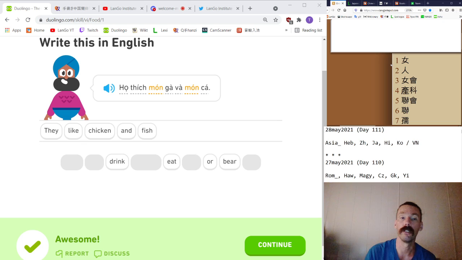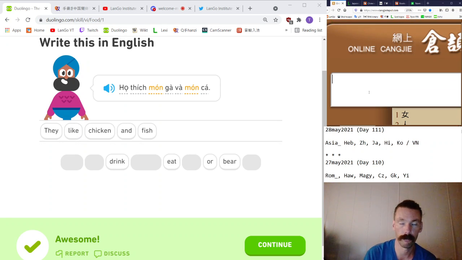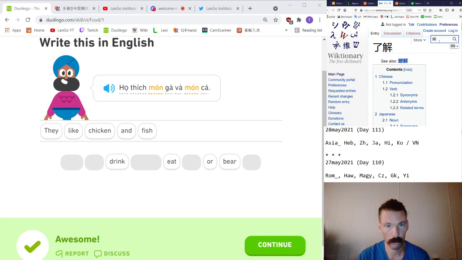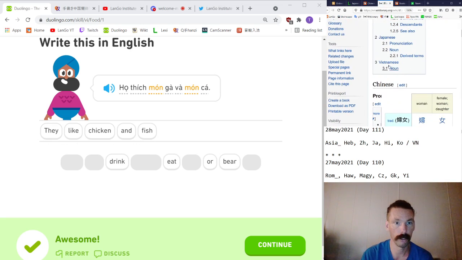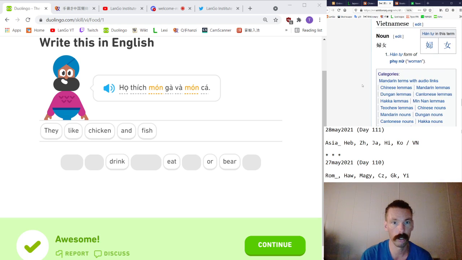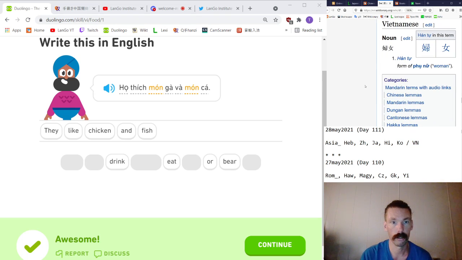Okay. The người, meaning human, is used as a classifier. Okay, so what is this fu doing? It's part of a compound, is my understanding. Fu. Let's look it up on Wiktionary. Yeah, it's coming up in my Wiktionary window.